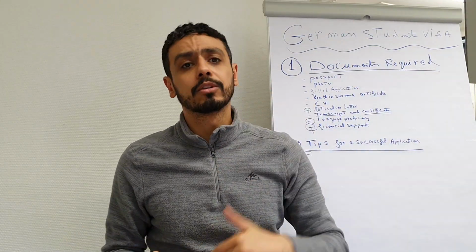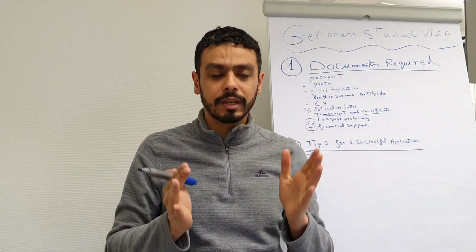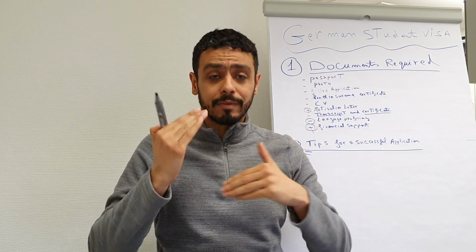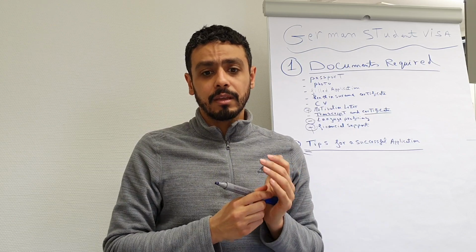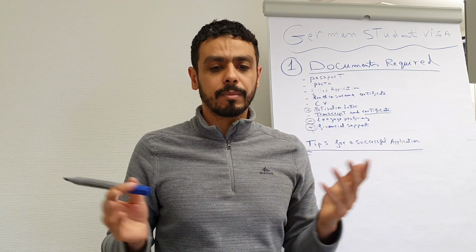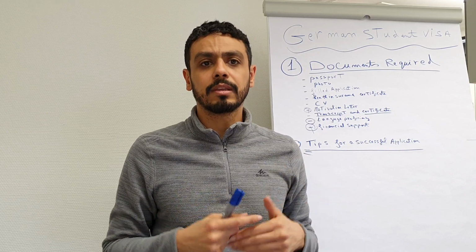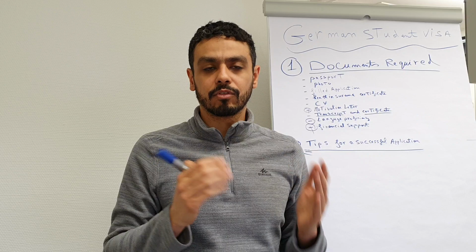Why did you choose Germany? Why did you choose this topic? Why did you choose this university? What are you going to do after? It's different. But be organized, concise, and try to explain that you have a vision, you have a plan, and make it clear. So this is the second tip. And actually, if you did all that, hopefully you can get the visa for Germany, come here and study, and start your plan and your dream to get your degree from Germany.